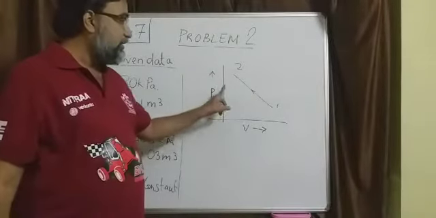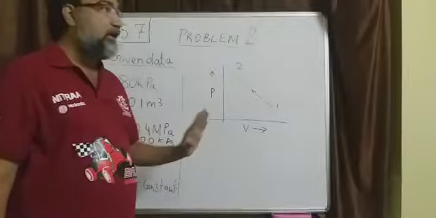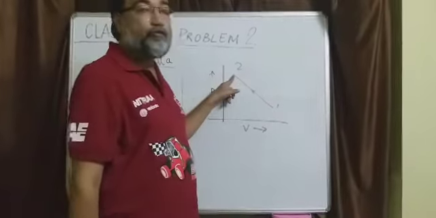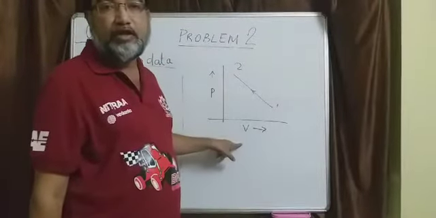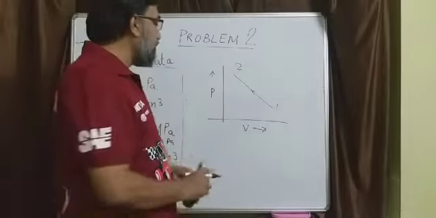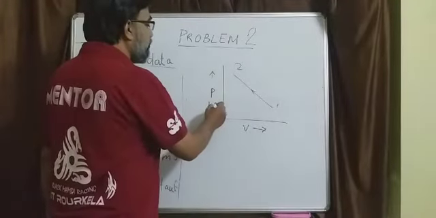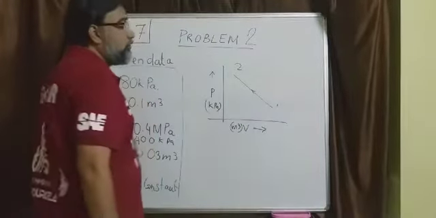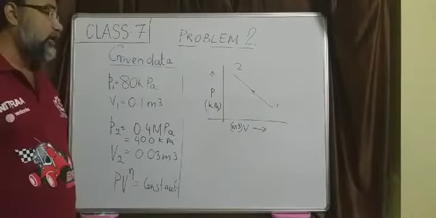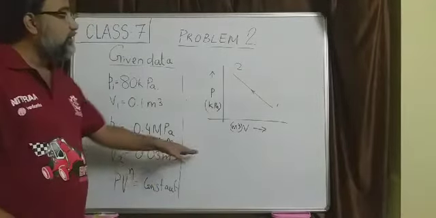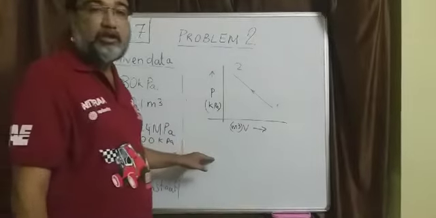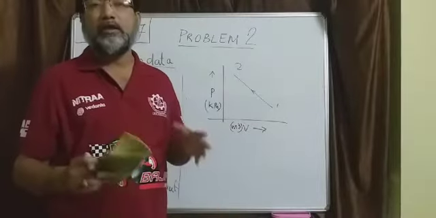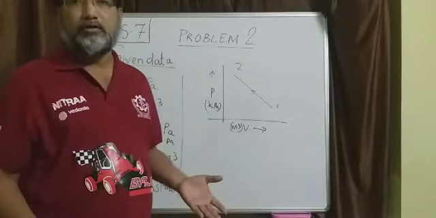That is the first step. In the diagram itself, you write 1, 2, P, V, etc., and don't describe it. Don't write that 1 is the initial state, 2 is the final state, y-axis is the pressure, x-axis is the volume. Not like that. And if you can, you can also write the units here, so that your diagram will be clearer. Then you make a list of given information, then you use the appropriate formulation and get the answer. Then as you get the answer in positive or negative, accordingly you interpret while writing the final sentence. Okay.